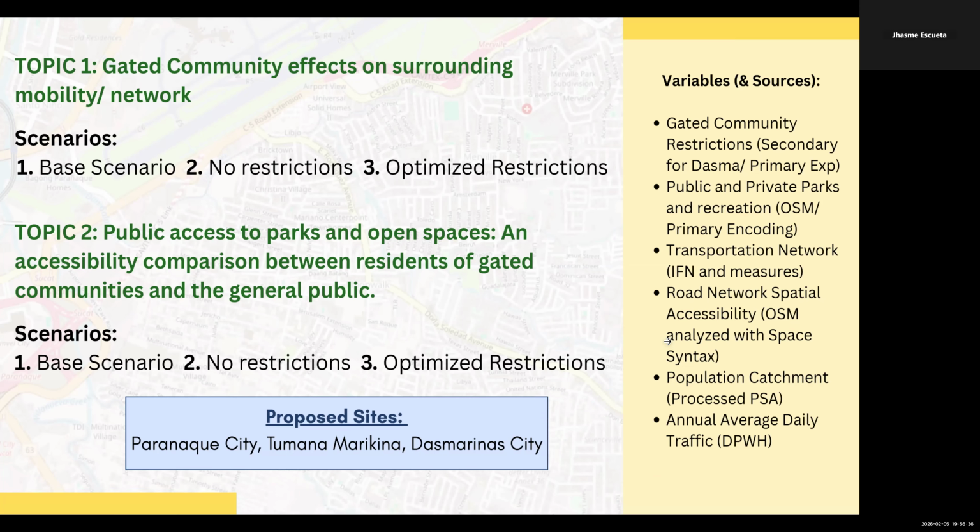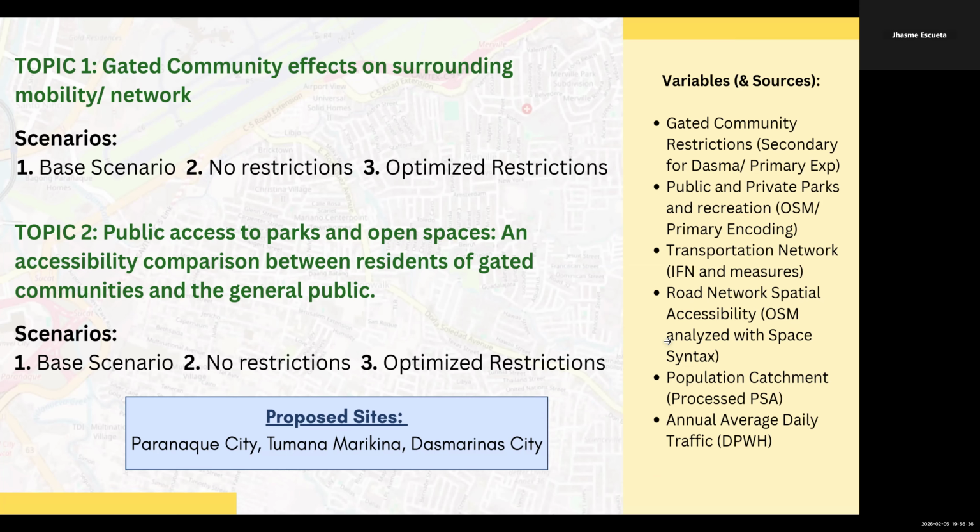The second scenario is if those gated communities allowed access to those public spaces even to non-residents. And the third one, optimized restriction, where the rights afforded to being a resident of a gated community are still afforded to you as the resident, and also granting access to the general public.